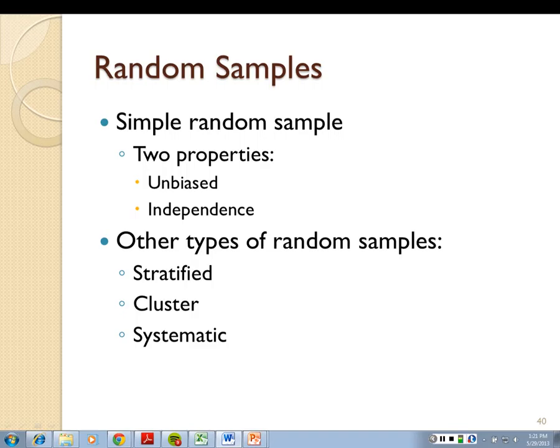Now, why is this? Because this is a class comprised of all graduate students, almost all of whom are nurses, and this sample is not the same as the SLU population. In statistics, we say that this sample is not representative of the population we're interested in. Simple random samples are unbiased. Each unit has the same chance of being chosen. They're also independent, so the selection of one unit has no influence on the selection of other units. There are several ways to get a random sample, and all are variations on simple random sampling. A simple random sample